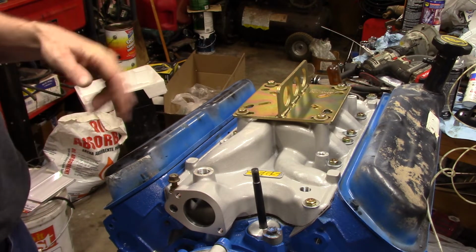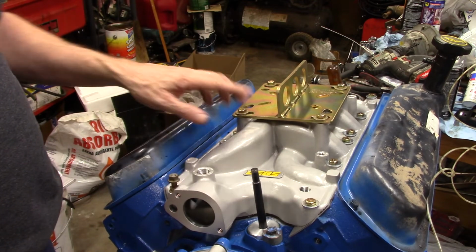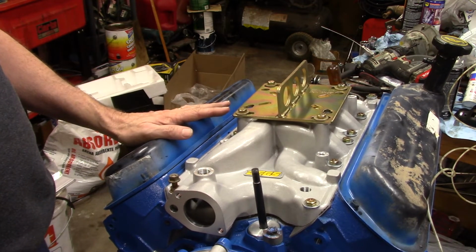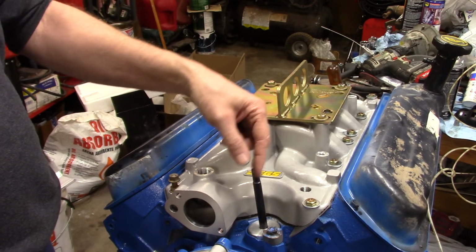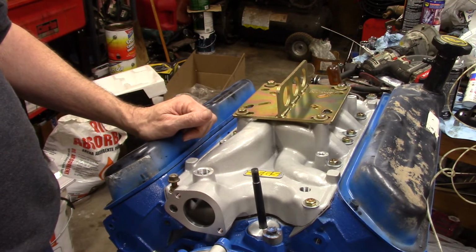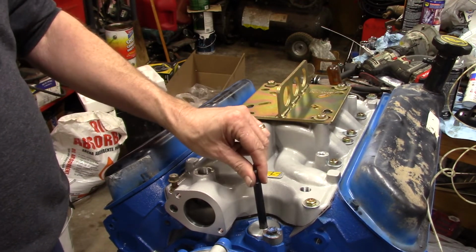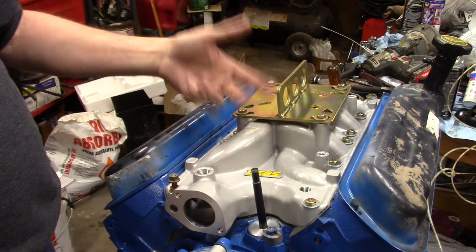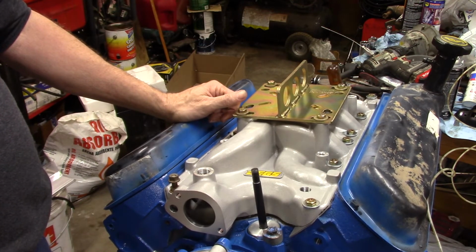But okay, I'm going to stop rattling and get off here. So the next thing I'm going to do is I'm probably going to put this valve cover on this side, and then I'm going to pull this valve cover off, turn the engine a little bit more sideways where it's at, and we're going to reflush this pretty good with this. I want another pressure reading. I'm trying to get that back one to pick up,